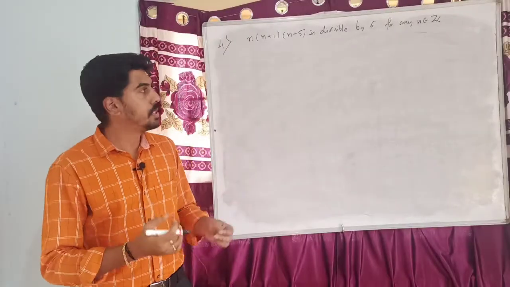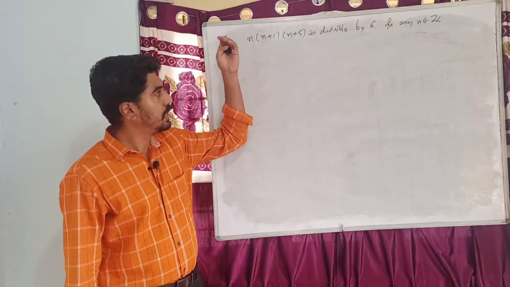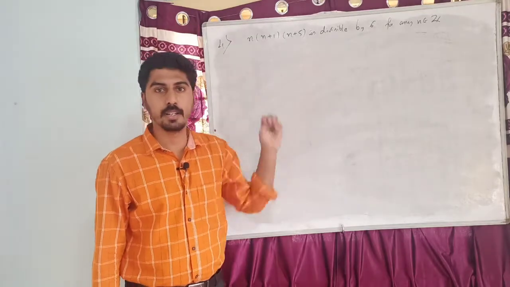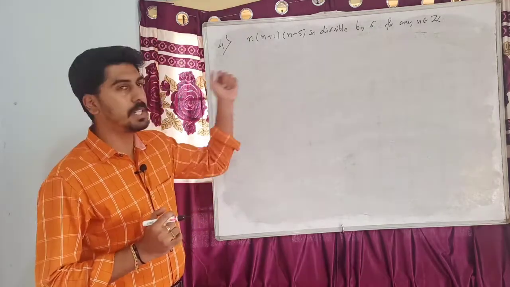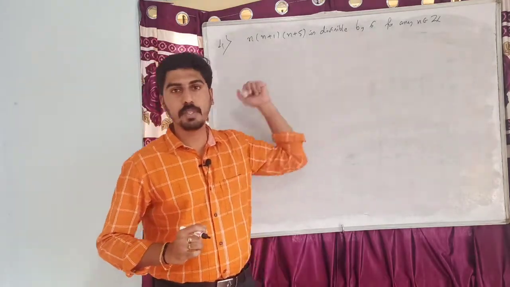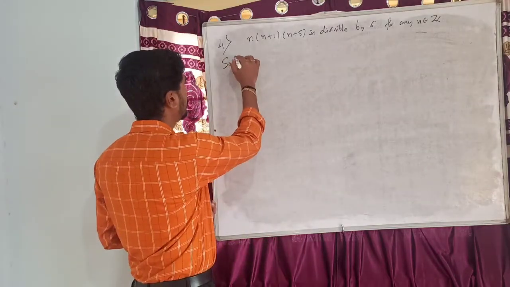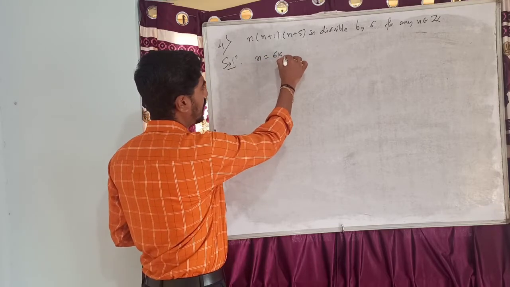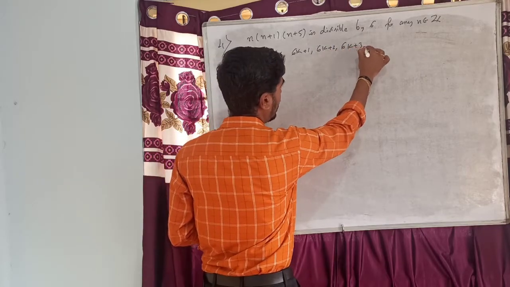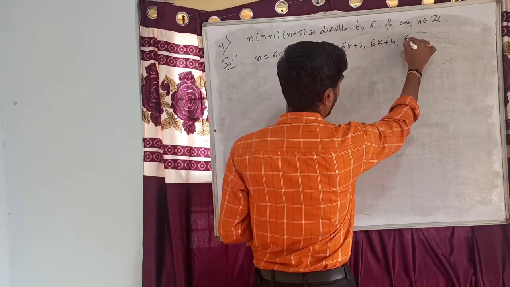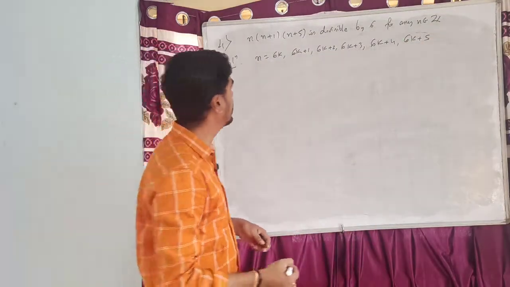Okay. Now we shall consider this problem. n into n plus 1 into n plus 5 is divisible by 6 for any integer n. What we are going to do is, by division algorithm, whenever an integer n is divided by 6, it can take 6 different forms. So n can be equal to 6k, 6k plus 1, 6k plus 2, 6k plus 3, 6k plus 4, or 6k plus 5